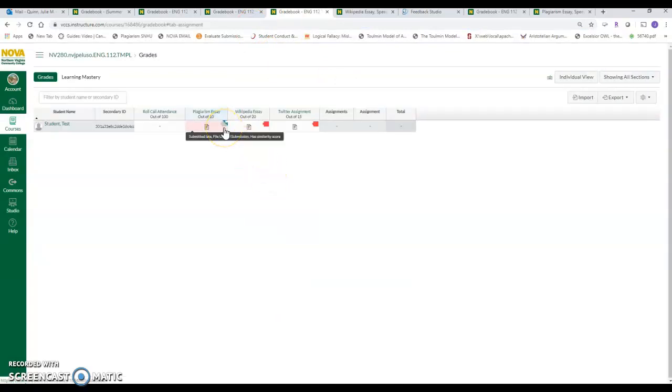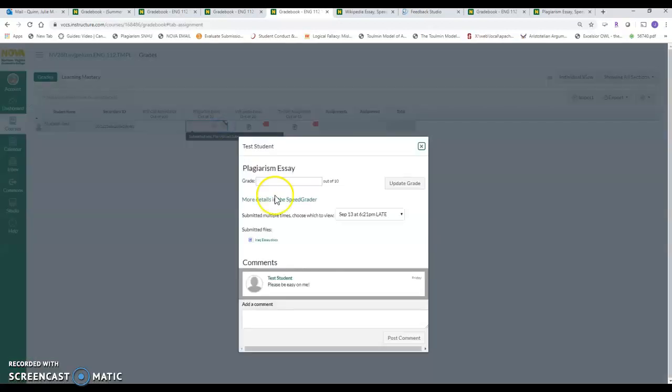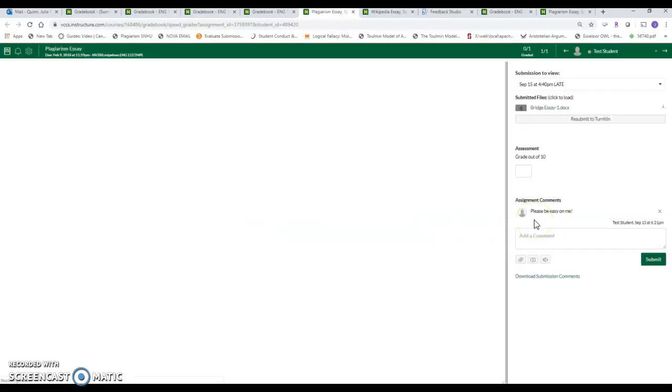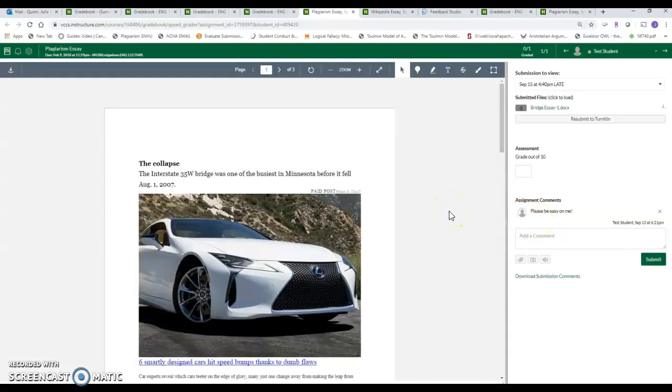Okay, you see where there's a gray mark there and not red? It says submitted late, file upload. It has a similarity score. So when you click into it, here's the problem. I also got this from a newspaper on the web. It was posted 2 weeks ago. So it should have triggered,